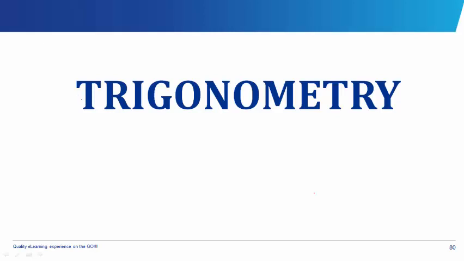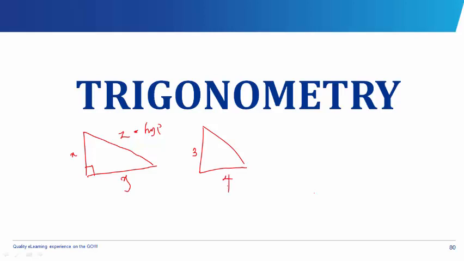Now, in triangles, we've studied Pythagoras' rule, which states that in a right angle triangle, this side squared plus this side squared will give you this side, which is hypotenuse squared. If you have a triangle with sides 3 and 4, it's easy to calculate the hypotenuse as 5. Or if you have any two sides, you can easily find the third side, provided it is a